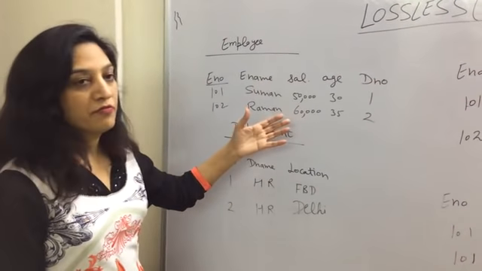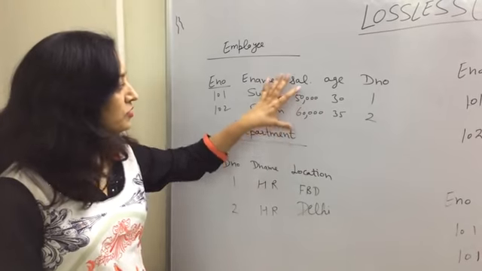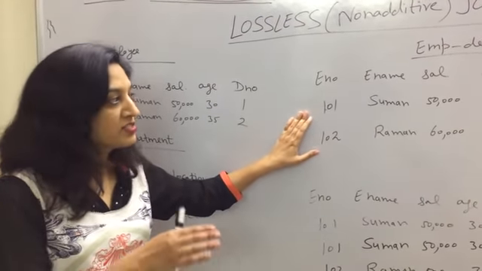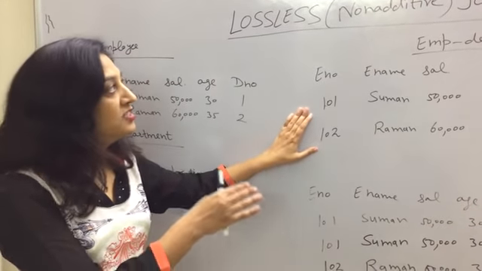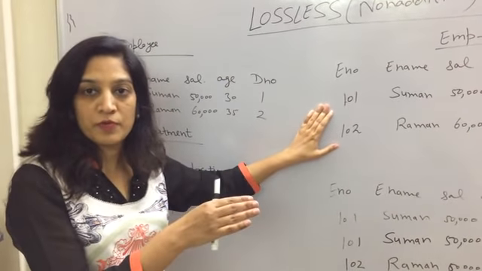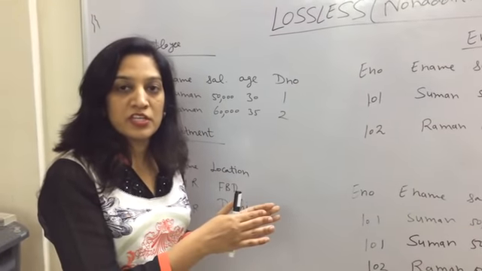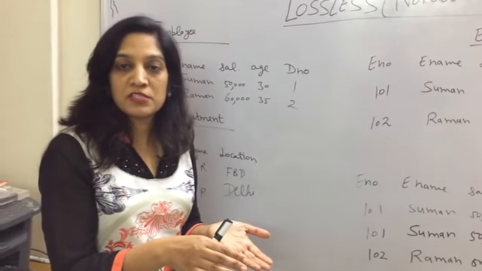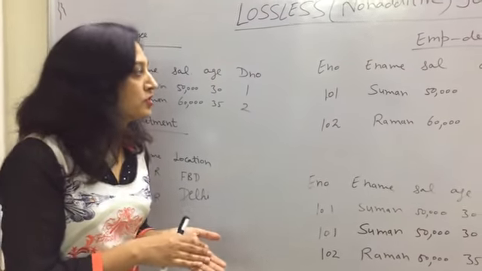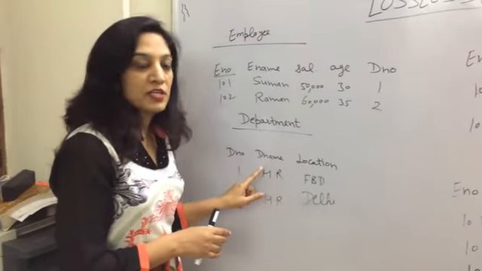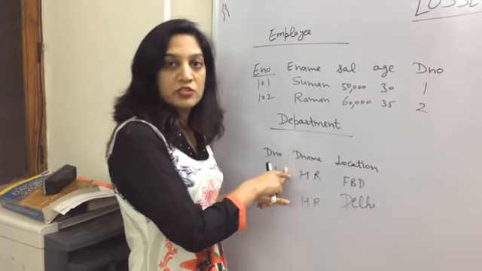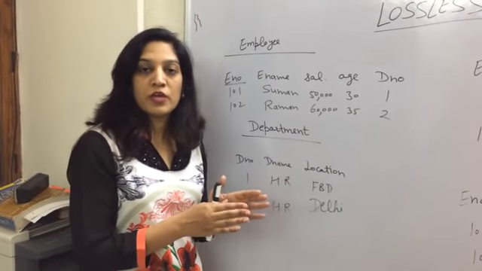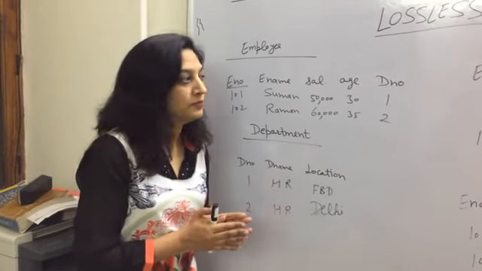So when I put them back, when I perform the natural join on these two relations, I will get exactly the same information. There will be no extra tuple after joining them back. This is called the non-additive or lossless join property. It means when we decompose the relation and natural join them back, there should not be any spurious tuple, any fake tuple. And that is possible only if the common column is the primary key in one of the relations. So of course it would be the foreign key in the other relation. So the common column should have the combination of primary key and foreign key.